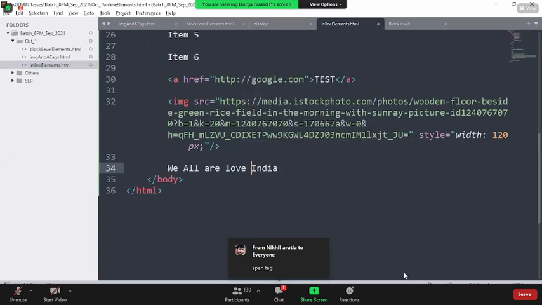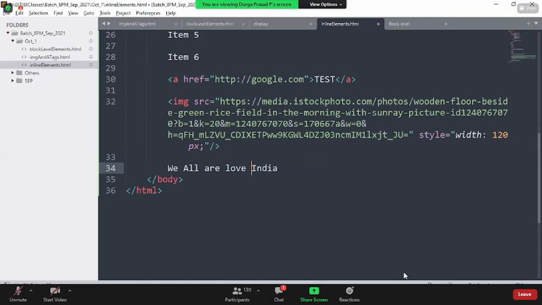For sure, the very first requirement I have is, if I want the background color to change, can I directly say style equal to something? Obviously, I cannot. In order to add the style attribute, first of all, it has to be part of a tag. Then I go with the ID or a class or a tag name or inline style. For sure, it has to be part of a tag, right? I cannot add the CSS directly to the text content. So first of all, it has to be in the tag.